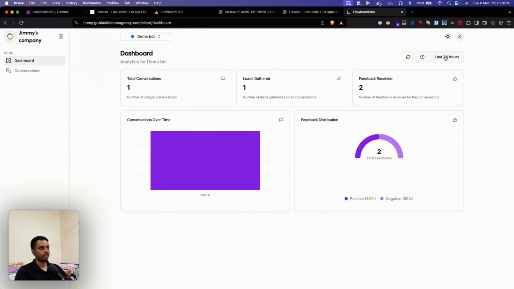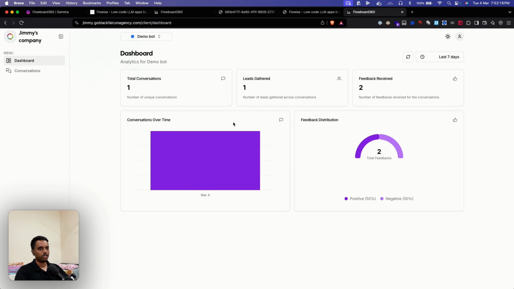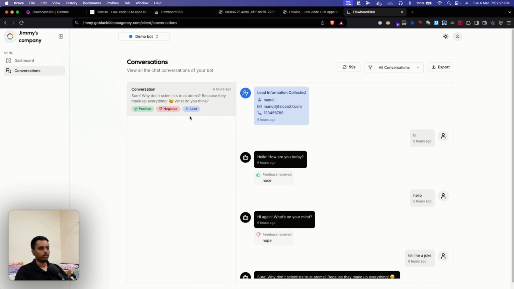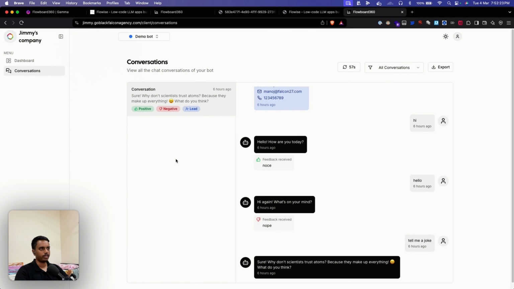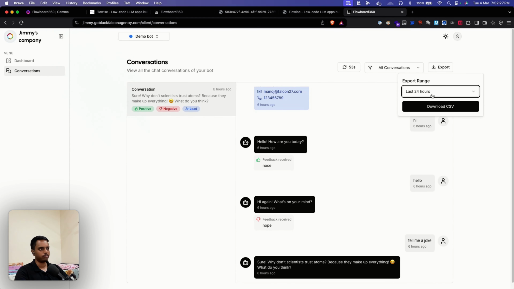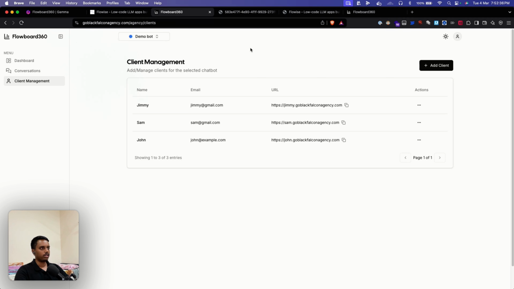And as usual, he can do the filtering here of data. You can view it, and then he can go to the conversation section to view all the conversations that's been happening in real time, right? And of course, exporting is simple, right? So let me just log out and come back to the agency side, and that's how easy it is